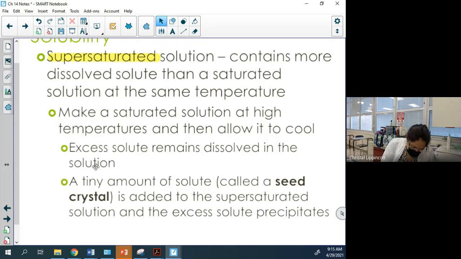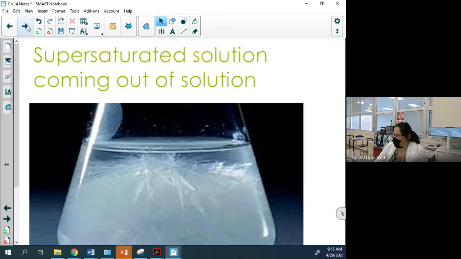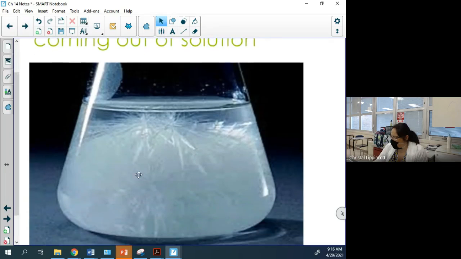Sodium acetate. This doesn't happen with every solute and water mixture. It's just certain ones. Sodium acetate is a good example of this. Here's what I mean by seizing up. It would look clear as water initially, and then if you drop one crystal in there, it just